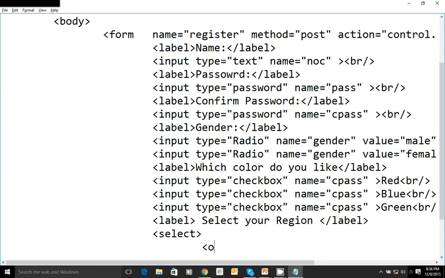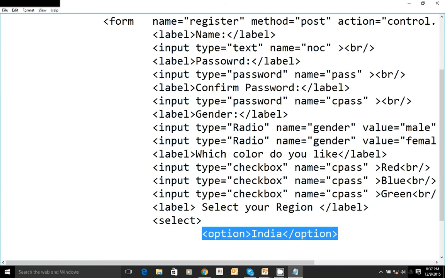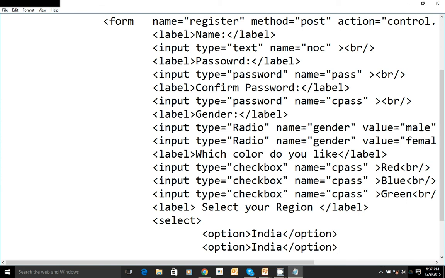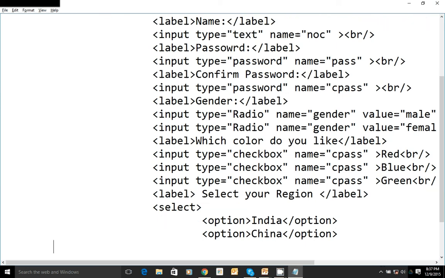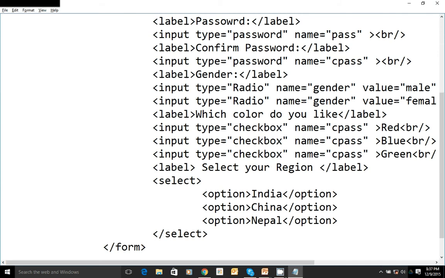Options are like India, China, Nepal, something like this.